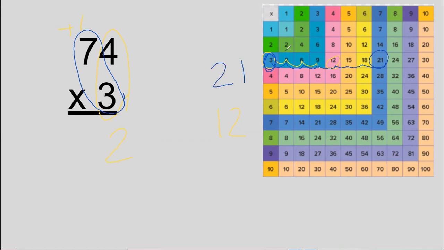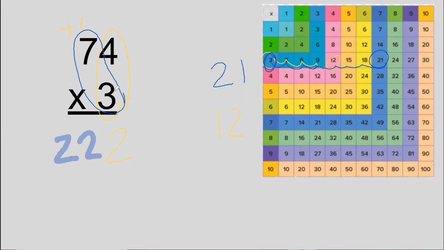Now, if you notice here, there is no digit in the hundreds place value. Okay, it's only 74. It only goes up to my tens. So because there's no 100s here, I'm just going to write my answer at the bottom. But I have 21, I need to add in that 1. So don't forget to add in that number you regrouped in your answer. 21 plus 1 equals 22. I'm not sure why my font changed. Okay, so 74 times 3 equals